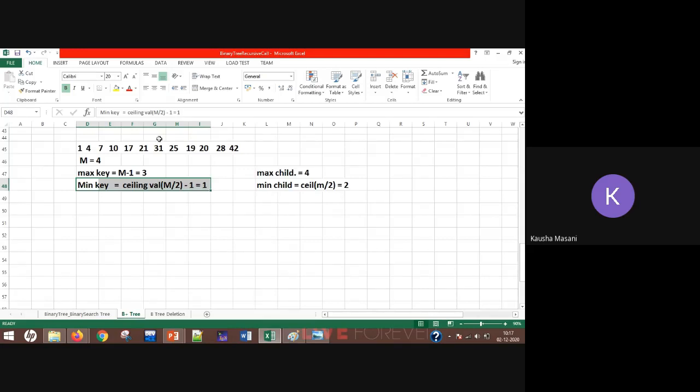Alright, now start entering. You have to start with the first only. So again, I decided that in my one node I can include maximum 3 values. Okay, so 1, 4 and 7, ठीक है। मेरा node is filled. अभी when I go and insert 10, then obviously 10 is not going to get inserted. Why? Because this node got full.